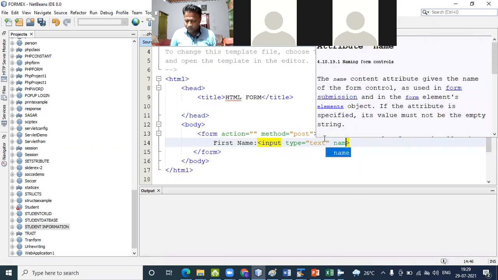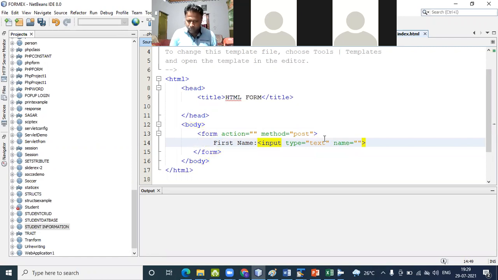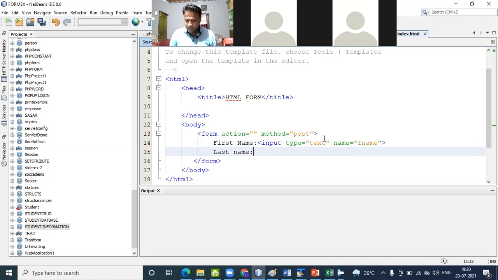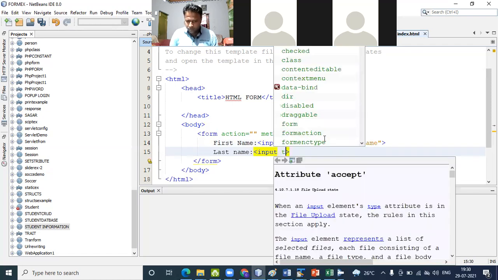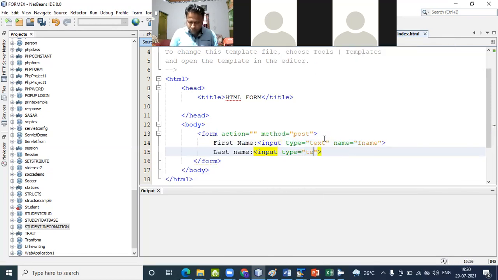We can give name is equals to fname. Then we pass here last name, input type is equals to text, name is equals to lname.